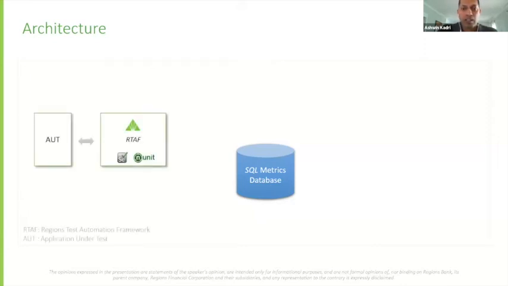So we added custom code to the region's testing automation framework, which was built on Selenium and NUnit. We added this custom code to call the test management tool APIs to log the testing automation results to the respective test cases in the tools. So this is one portion that we did. Using this, people were able to derive useful project testing metrics. At Regions, we use Tricentis Qtest and Azure DevOps for test management.